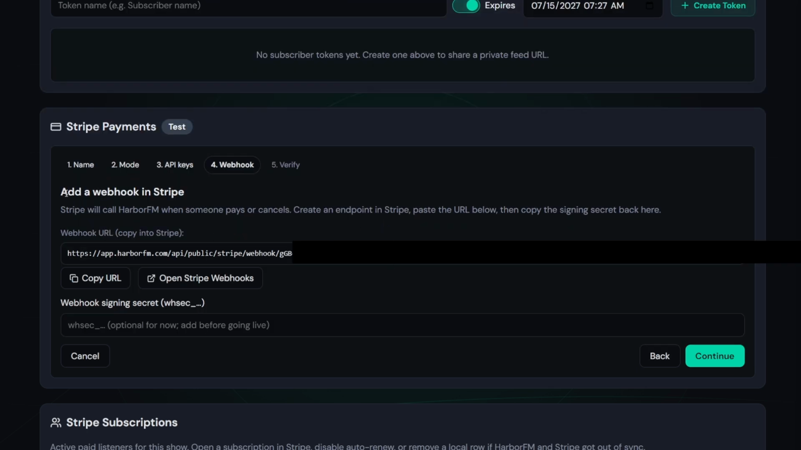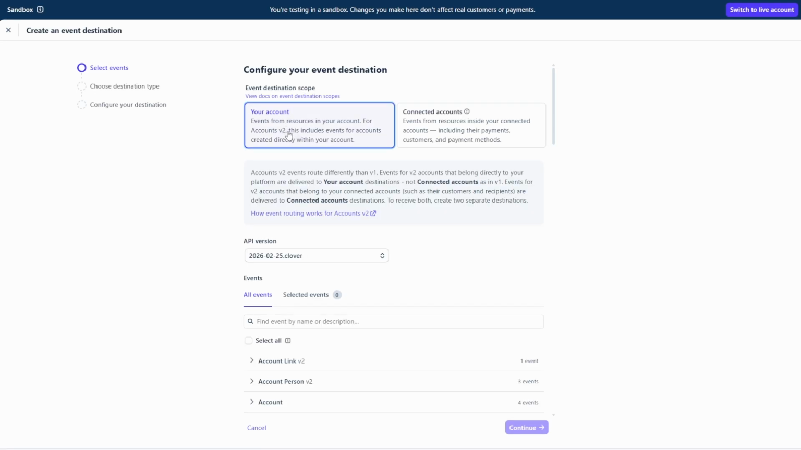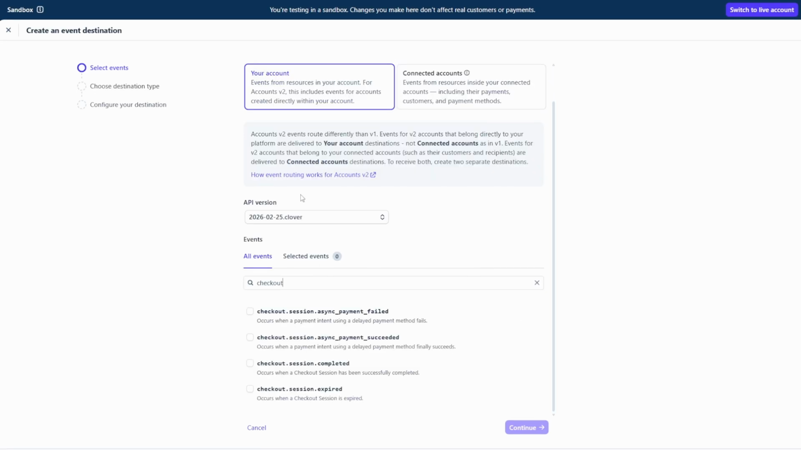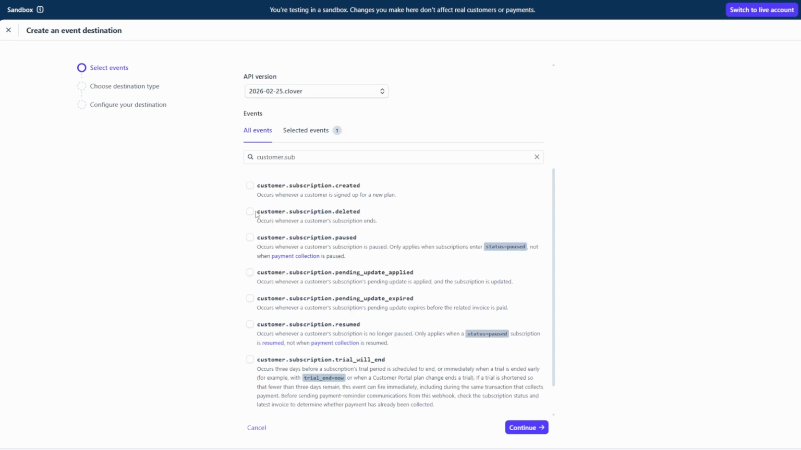And then from there, you need to add your webhook for Stripe. So we're going to copy this URL. We're going to open up the Stripe webhooks. You're going to select your account. Then for the events, we want checkout, and we want to do checkout session complete, subscription deleted, paused,